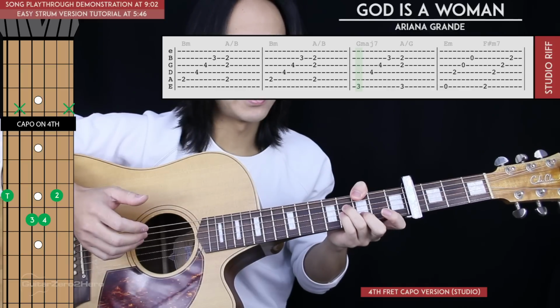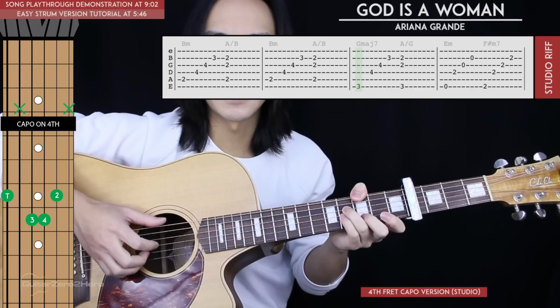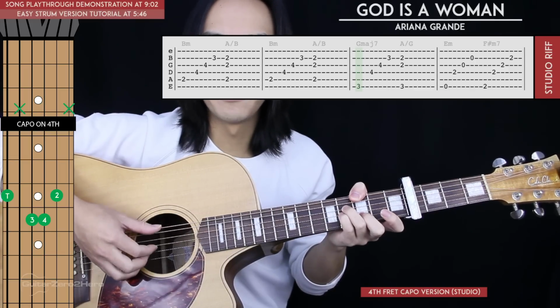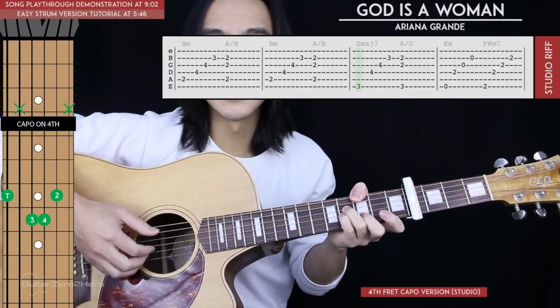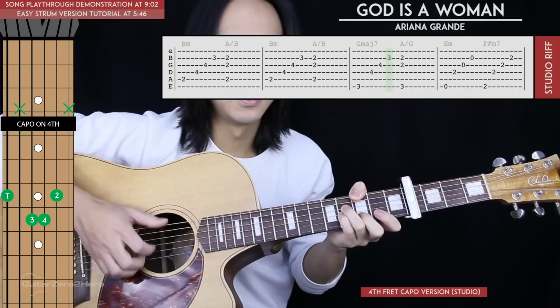Now this is a G major 7 chord shape, and in terms of rhythm, we're going to be doing the exact same thing. So we'll start with our bass note, which is the 6th string this time, and then we'll pluck the 4th, 3rd and 2nd strings one after the other. So